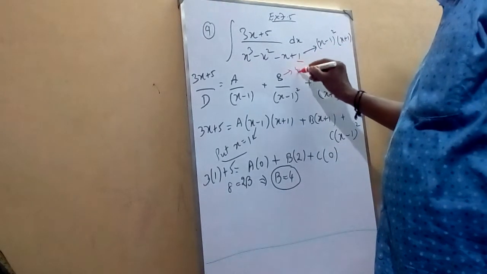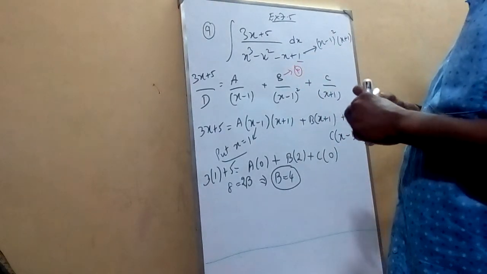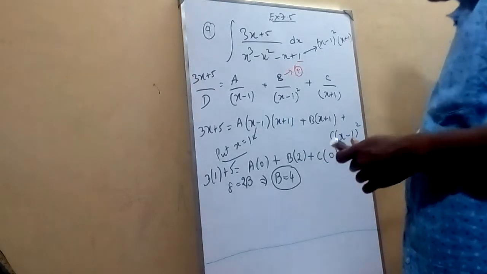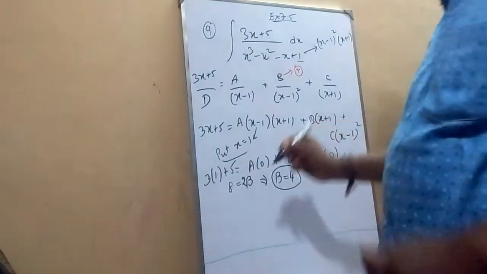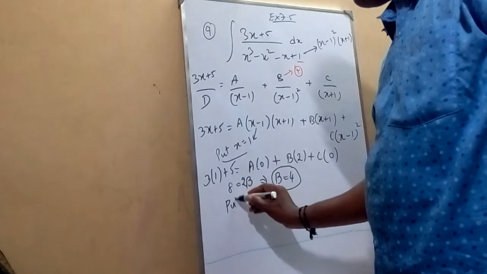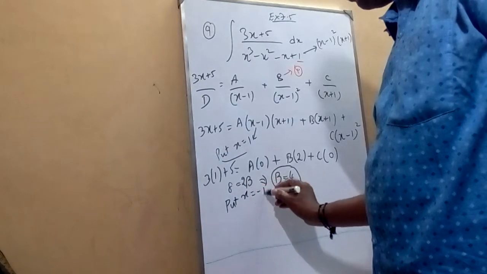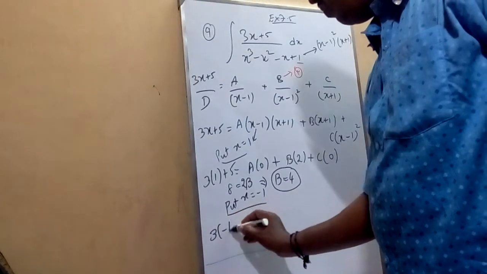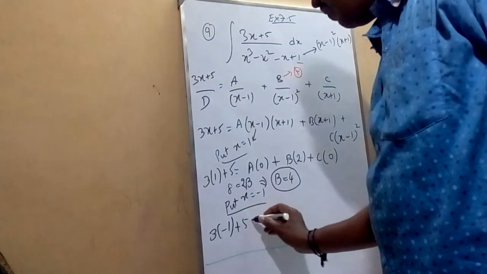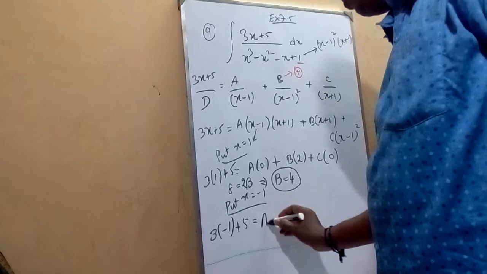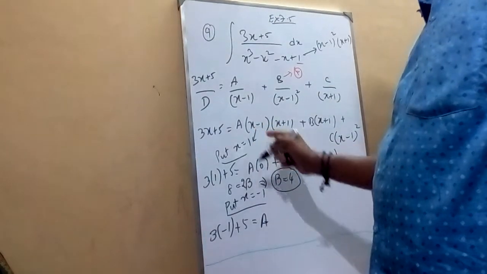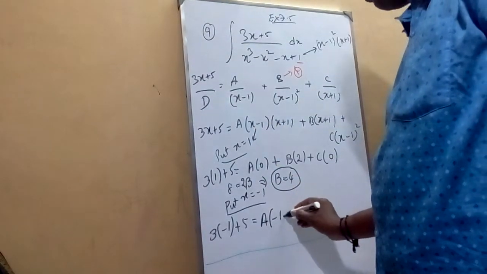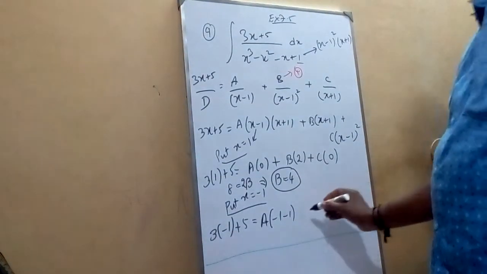B is equal to 4. Next, I am going to put x equal to minus 1. So it is 3 into minus 1 plus 5 is equal to, when x equal to minus 1, this becomes minus 1 plus b into